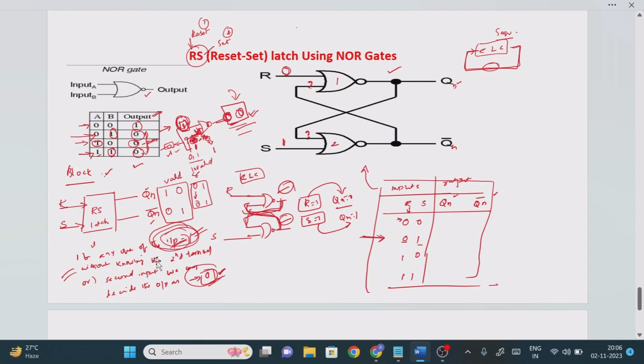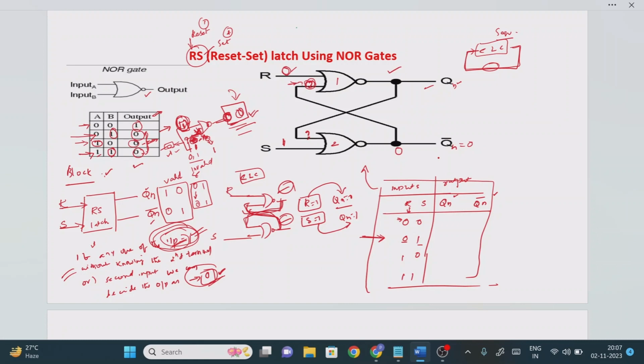But if you see there, as per our discussion, if any one of the inputs equals 1, without knowing the second terminal value, we can decide the output equals what? Output equals 0. So it means that here output value equals 0. Now what is the Qn bar we got? 0 is the Qn bar. Now see, what is required here? The second terminal is mandatory, right? Without knowing the second terminal value, if any one of the inputs is 0, you cannot find out the output value. So here the meaning is that the second terminal is absolutely mandatory, right?